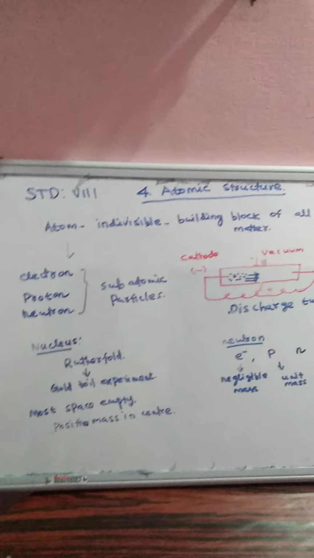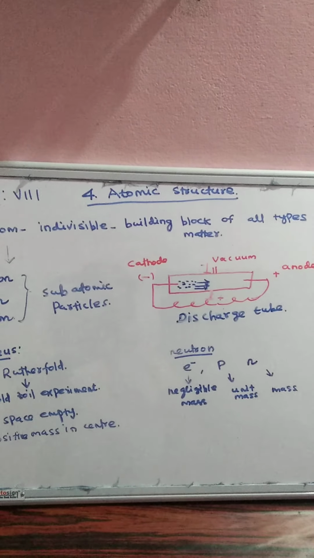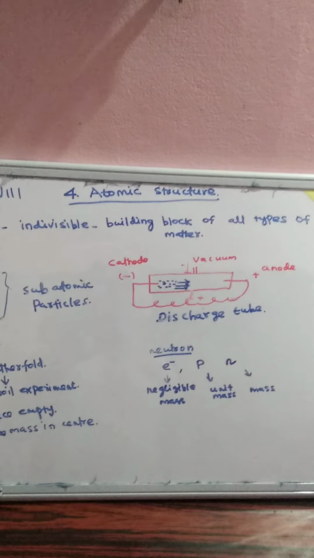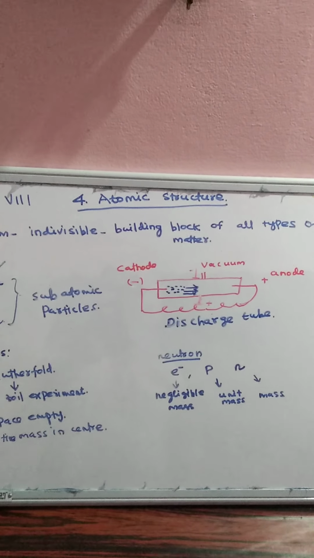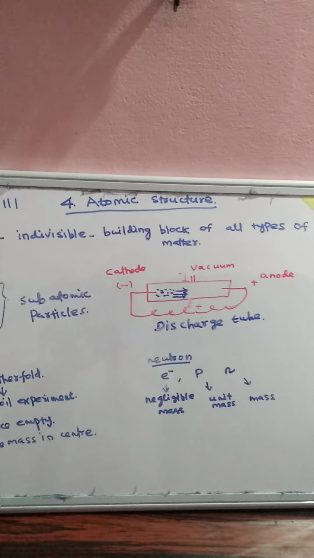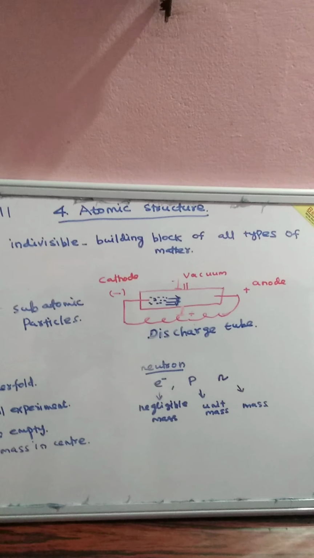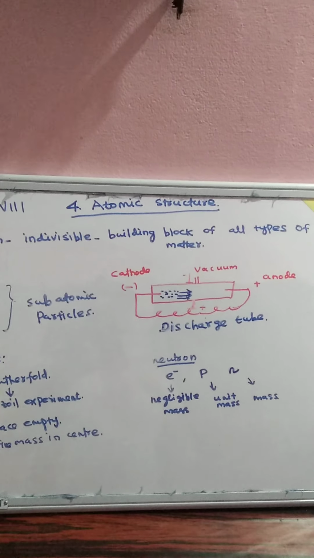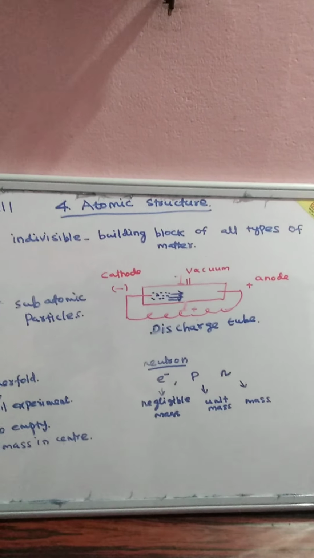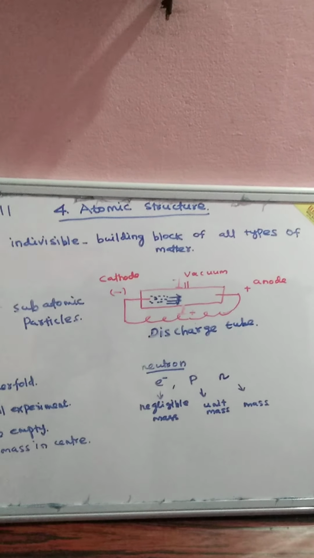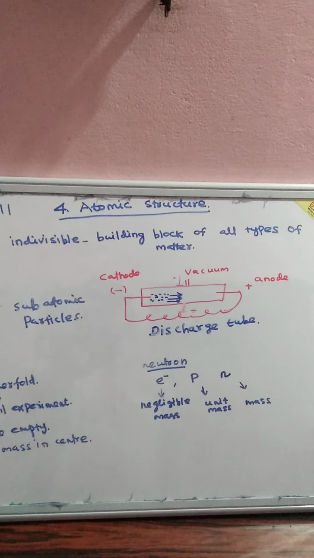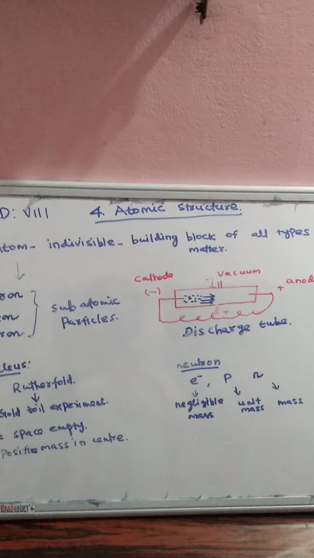Okay children? Now, inside the nucleus, there are some particles. Those particles are known as neutrons. The neutron has no charge, but it has some definite mass which is equal to the proton. Okay children, now,